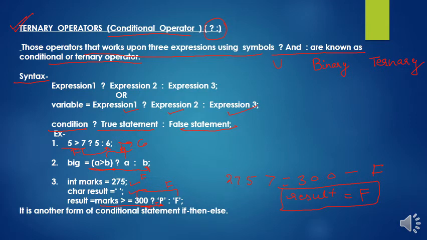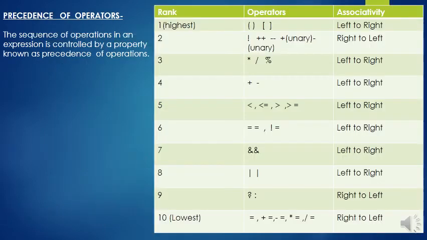So an operator that takes three operands is known as a ternary operator. So it is another form of a conditional statement, if then else. So in the next chapter we will study the details of if then else. Then we will study how we can convert the ternary operator into if else, and if else into ternary. So learn all the definitions and write down all the charts in your classwork copy.